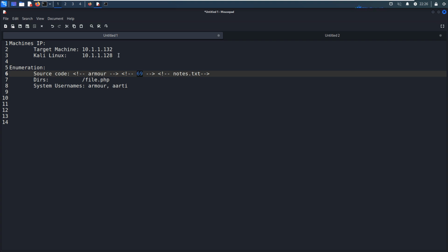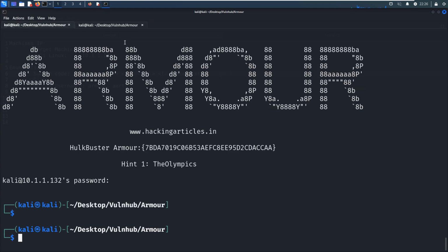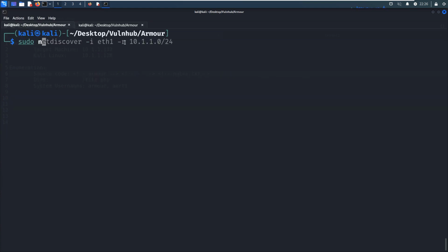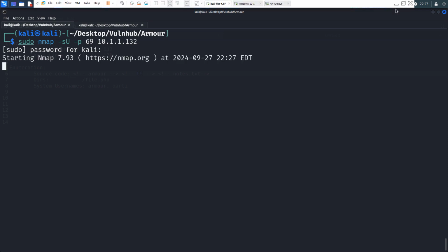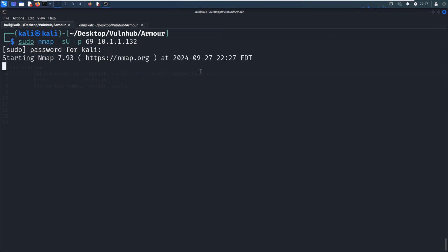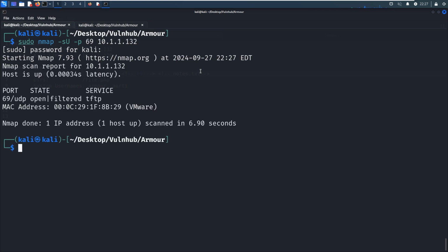This is UDP, so we can use Nmap to do the scanning. Of course, UDP scanning will take a bit of a long time, and the result is not very reliable.